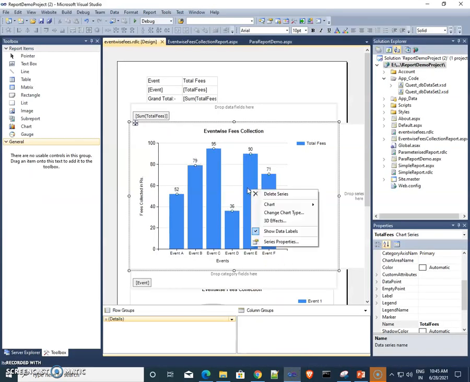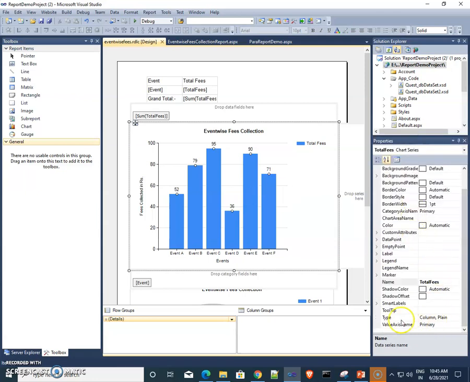Also, we can add from properties one tooltip.